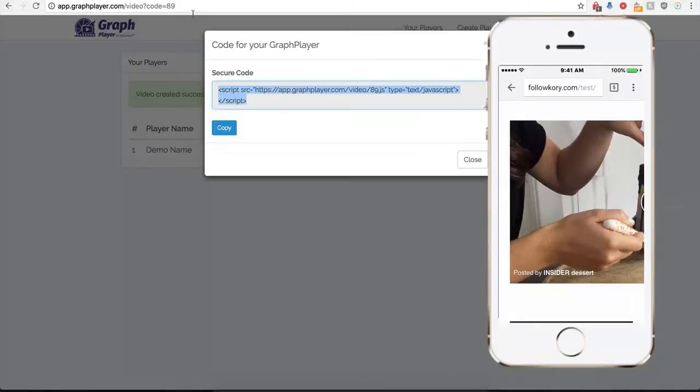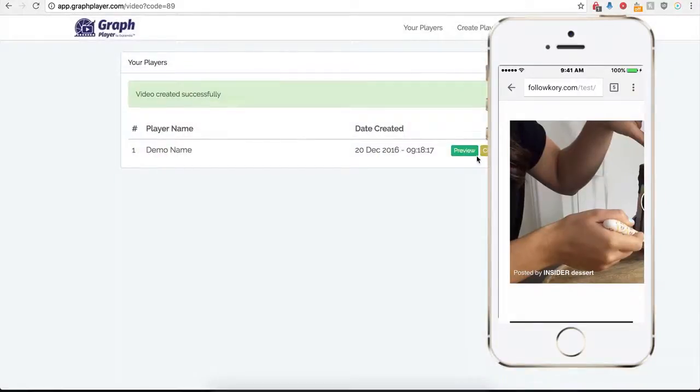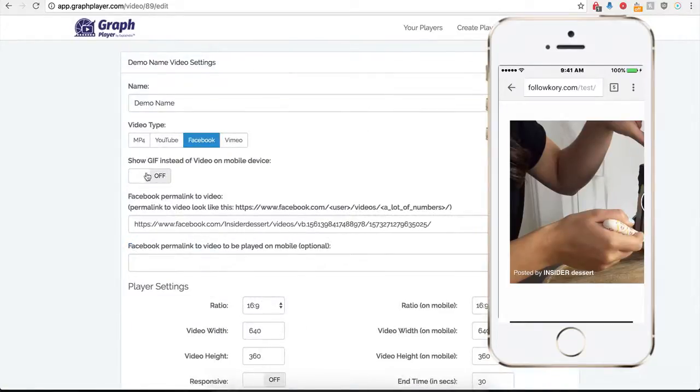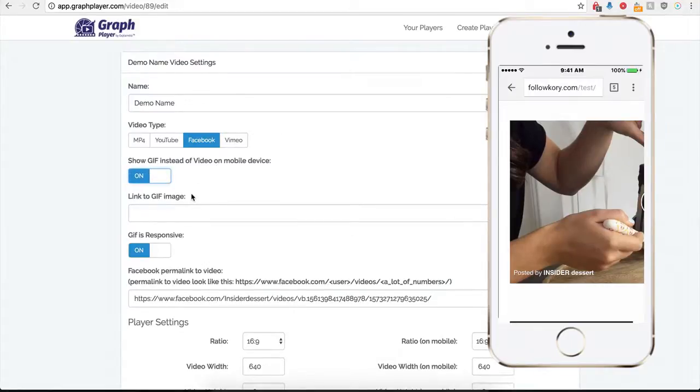I'm going to head back over here to my Graphplayer. We're going to close out of this. We're going to click on edit. And now what I'm going to do is turn this on here where it says show GIF instead of video on mobile devices. I'm going to turn that on, and when I turn it on, you can see that we need to link